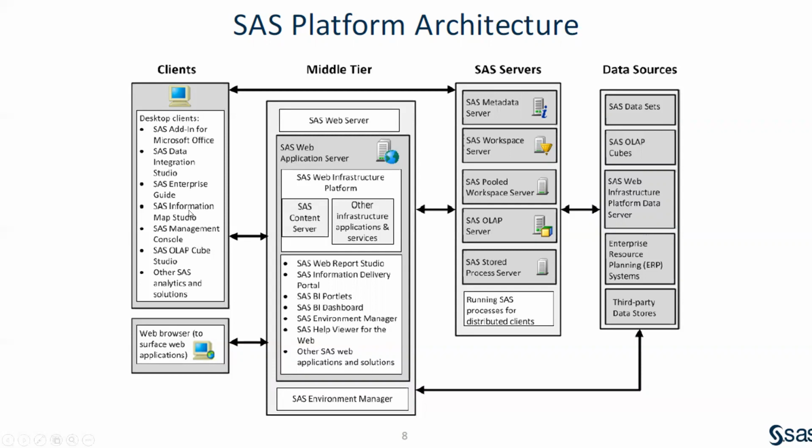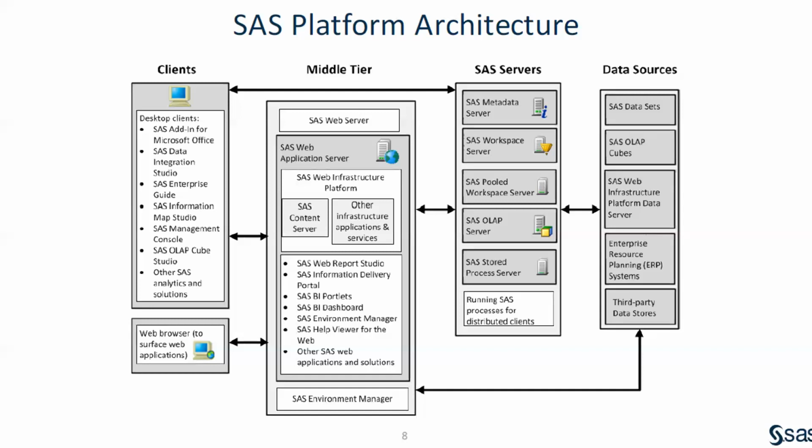So what's the client tier? This is where you'll be working on a normal basis. Where we can see the environment, where we can work, where we can drag. We can define a library, we can create the environment, and we can make the analysis. Like the client, you can see, you can feel the work environment. So that's called the client area. So what are the client areas? You can see Enterprise Guide, DI Studio, OLAP Cube Studio, Information Map Studio, Management Console. All these are called the client tiers.